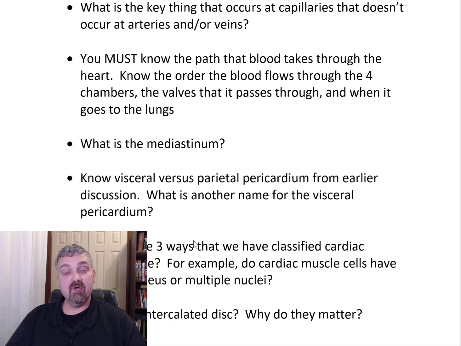So it's going to come back through your pulmonary veins, and that blood is going to drain into the left atrium. So now we've left the pulmonary circuit, the right side of the heart. Now we're in the systemic circuit. So when the left atrium contracts, blood's going to pump through the left AV valve, also known as the bicuspid valve,